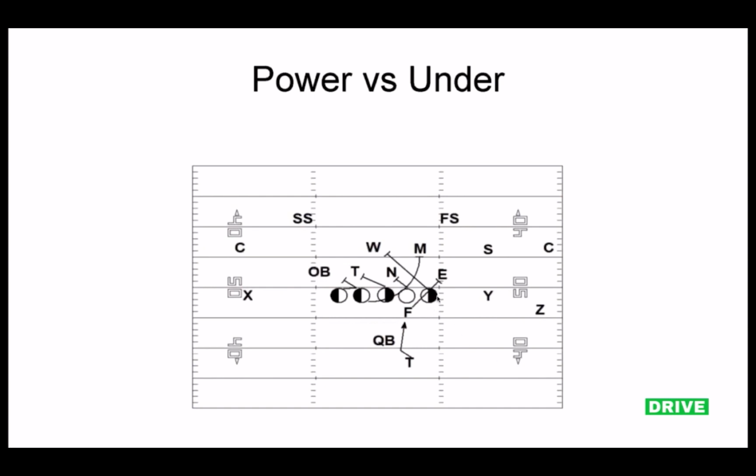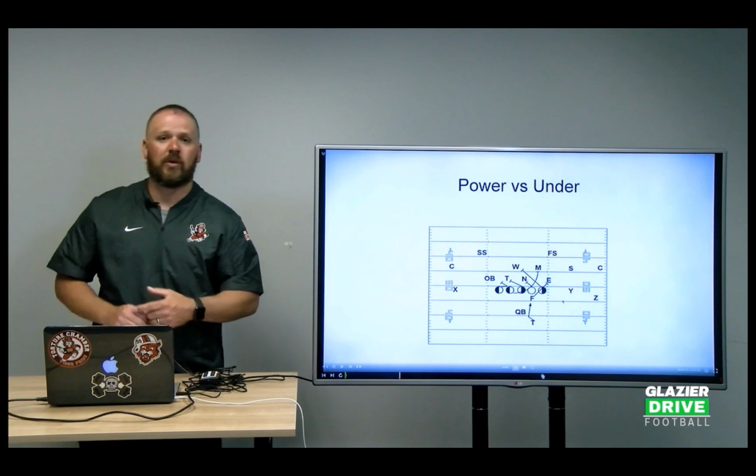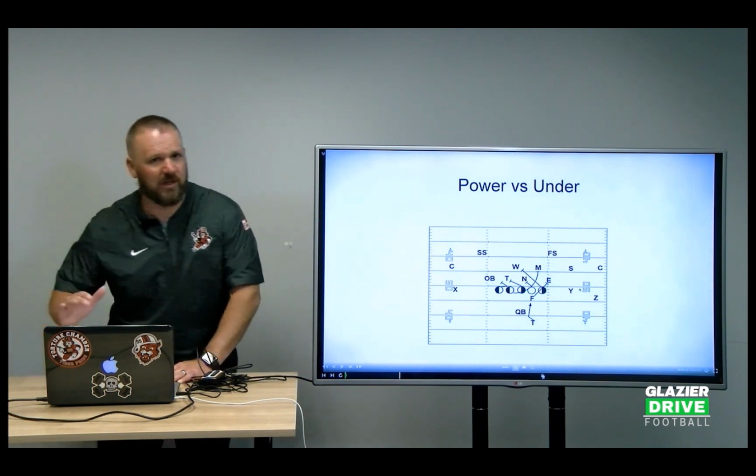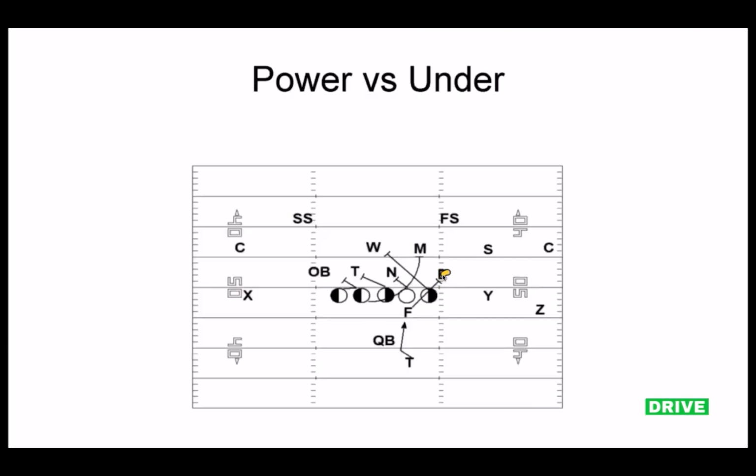And he is taught if this guy really wrong arms hard and tries to get in this gap, to fight him vertically. Okay, we don't want him logging immediately. Just go ahead and say, okay, fine, go inside, I'm gonna log you, and we're gonna get outside. We don't do that, because then you're doing what the defense wants you to do. We try to mix it up with our zone schemes and things that we do with that end, so he's getting various looks. So he can't just focus in on squeezing and wrong arming. But if he's really trying to get inside, we like for our fullback to really attack him.